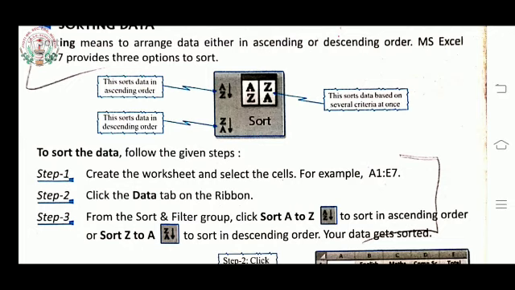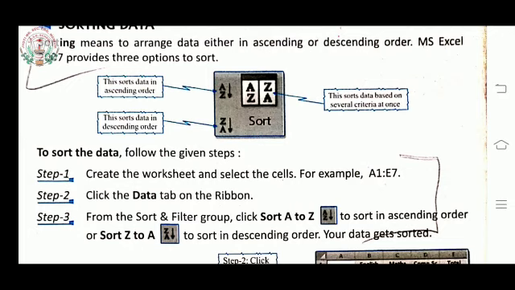So diagonally, quickly you can go from A1 to E7. Diagonal, you know, in mathematics like a square A, B, C, D, A to C is one diagonal. In that same way you drag diagonally, A1 to E7.